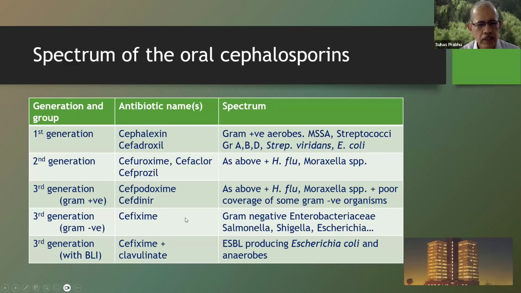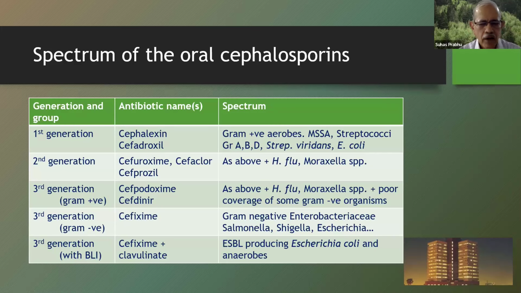So cefixime is a third-generation cephalosporin that primarily covers gram-negative. But the disadvantage here is that it is not very good for gram-positive aerobes. So trying to use cefixime for a sore throat or a respiratory infection like a sinusitis is useless because it has got primarily gram-negative coverage with the Enterobacteriaceae group, and these organisms are not the ones that cause upper respiratory tract